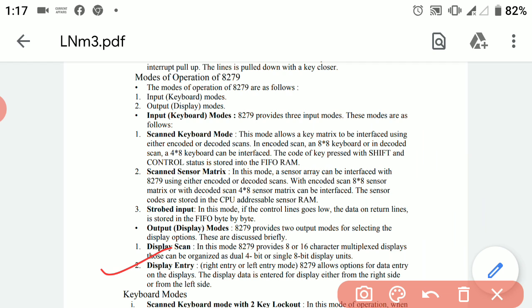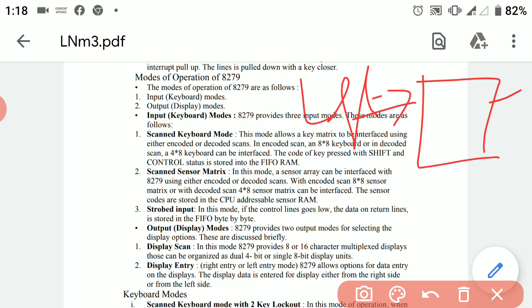In this case, if we have to enter any data or any signal into the display, or we have to do the setting of display, it can be set either from the right, or from the left.